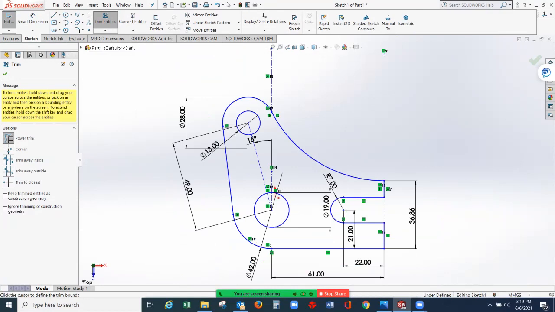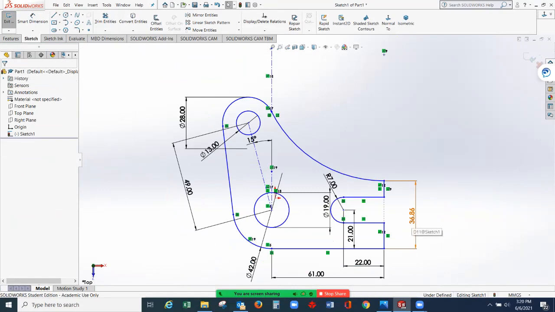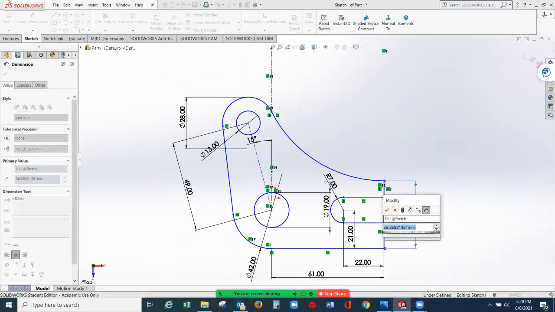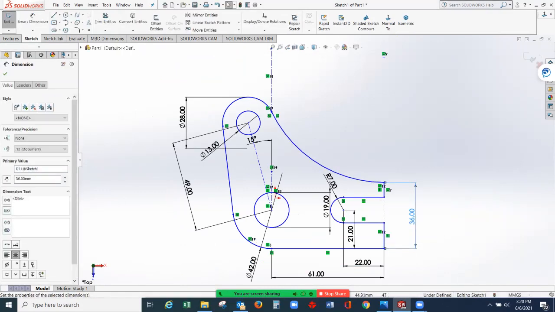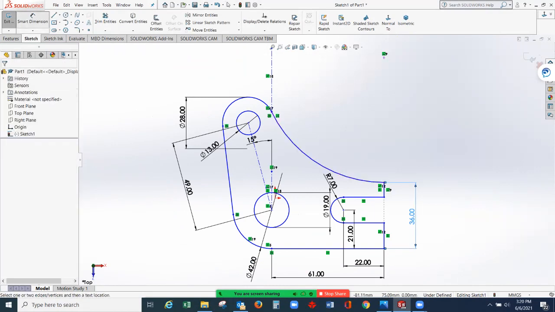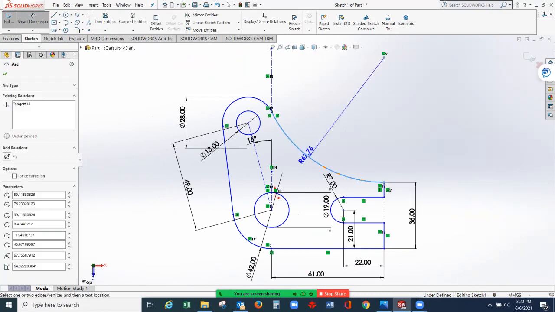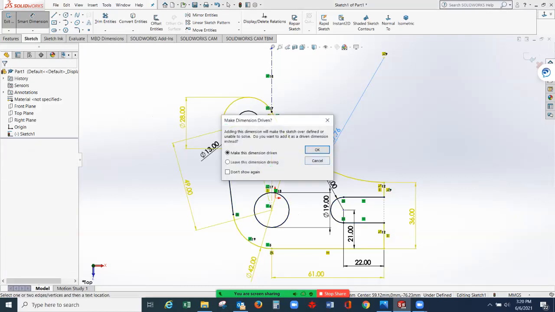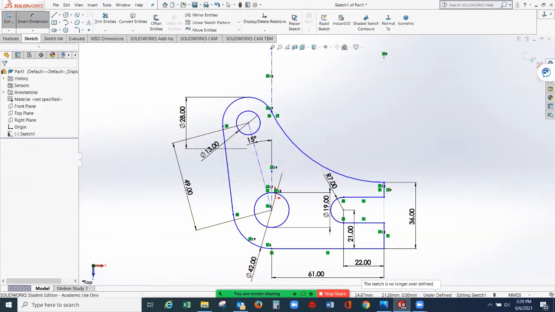Okay, that's it. So let's change this into 36. Another dimension here, smart dimension. Let's check now if we can change this. Make this dimension driven so we can cancel it.